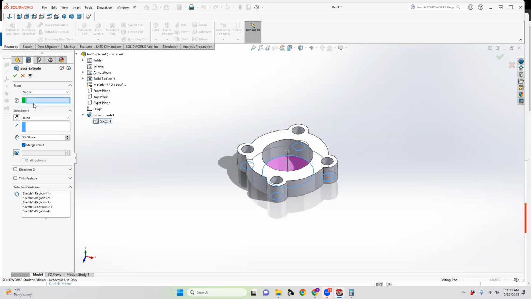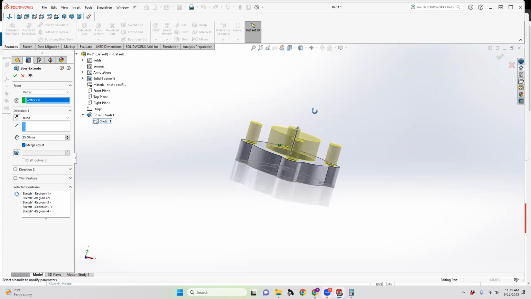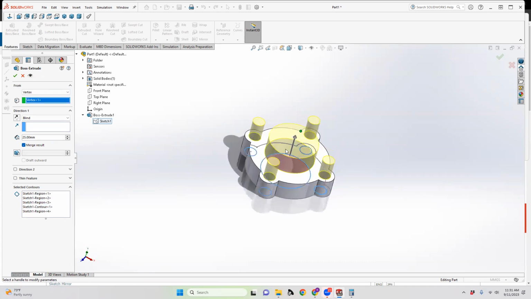You can technically use a vertex. You would pick a point up here, but there's no really nicely defined point because the sketch is down below. You can maybe use this intersection point, and that would extrude this piece up above this level. It's a whole lot easier most of the time, if you can, to use the surface or face plane. So you select this window and you select from this upper surface and then still blind 25 millimeters and you